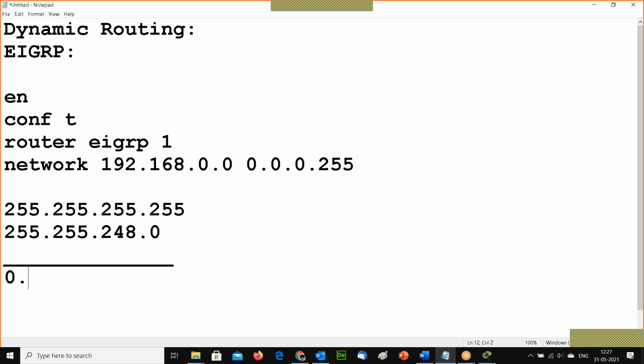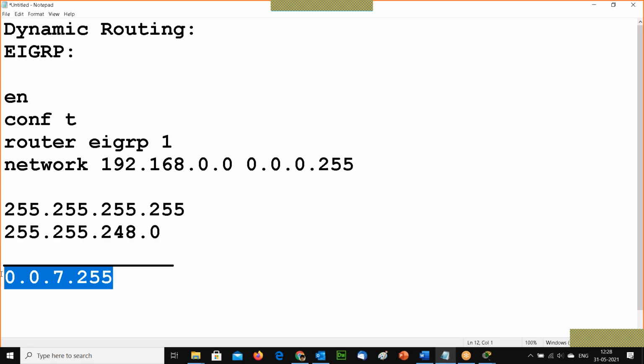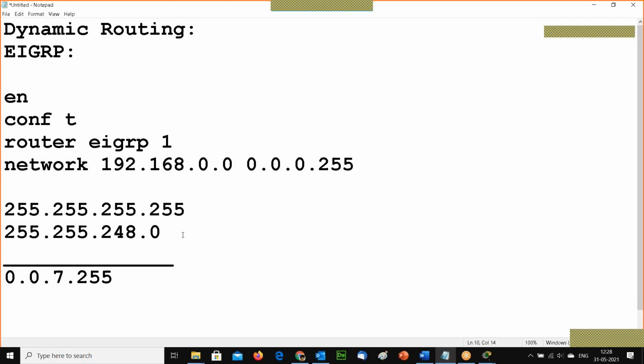So here in this case it will be 0.0.7.255. If you add subnet mask and wildcard mask, it has to be 255.255.255.255. So in our case, it was 0.